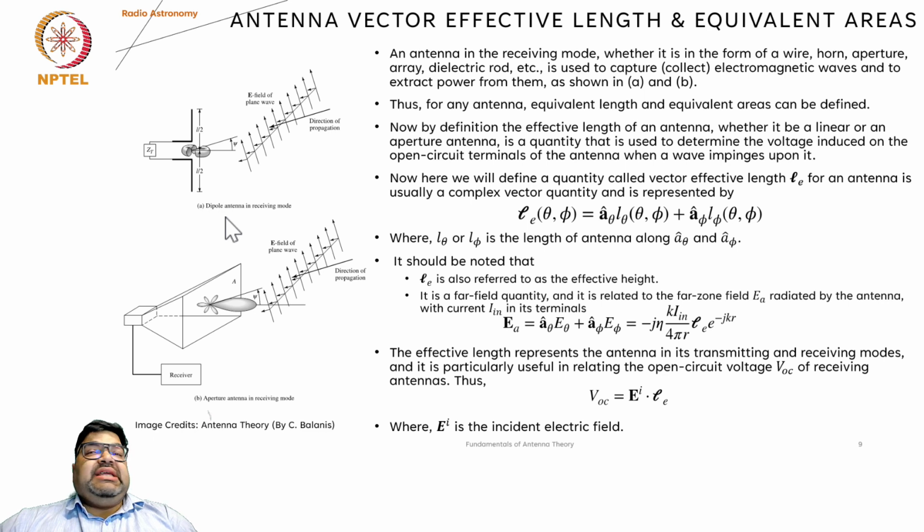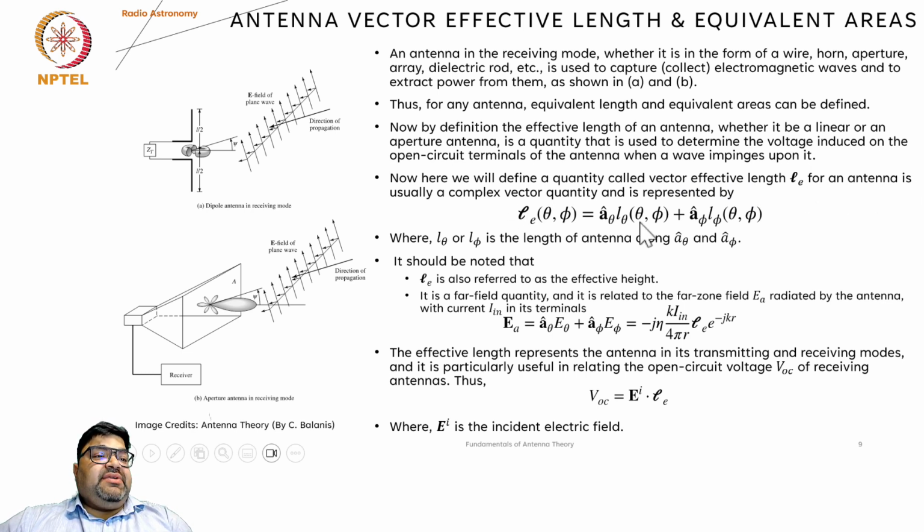So to come up with an effective length, if it is like a bucket, then the effective area is understandable. But if it is simply like dipoles, what is the effective area and as such? So this is actually important. So what we start off is that we define a quantity called vector effective length L sub E for an antenna,